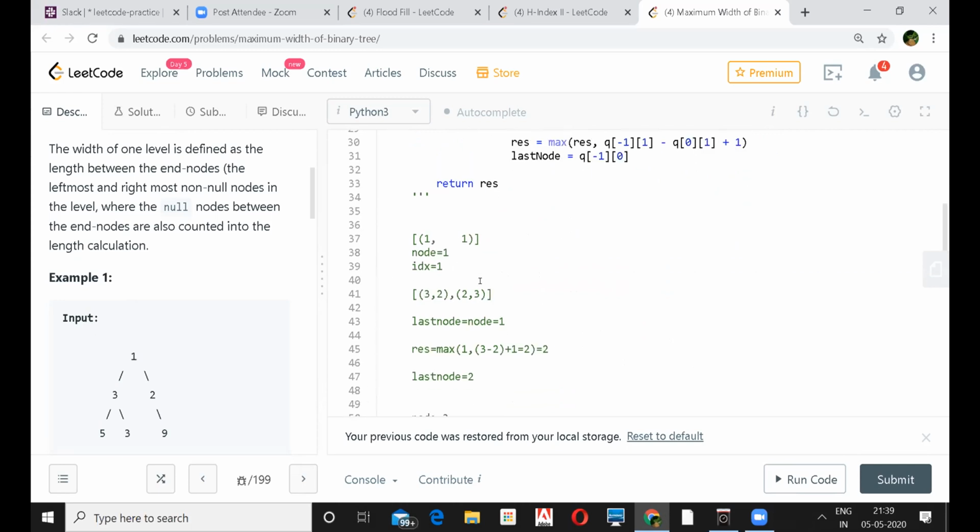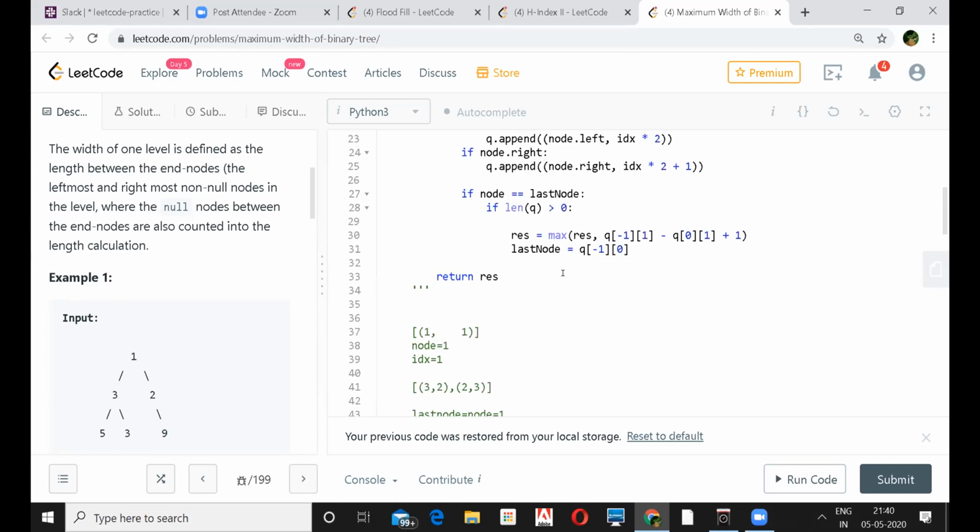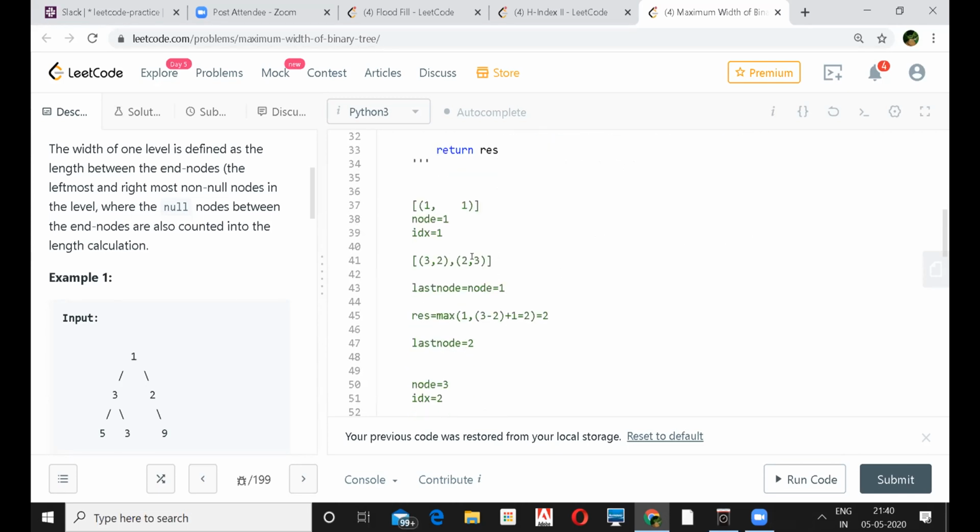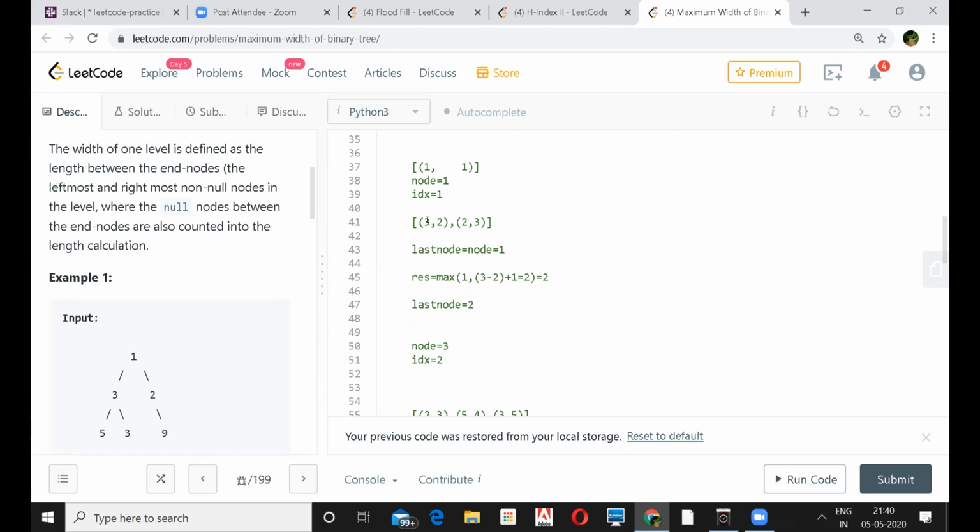At last, I check whether your last node and the node that you have popped are the same, then I update it. How will I update it? In this queue, I take the last index minus the first index, so this position minus this position plus 1, that will be the number of nodes present at this level. And similarly, again you pop out, next you will pop this 3, 2.